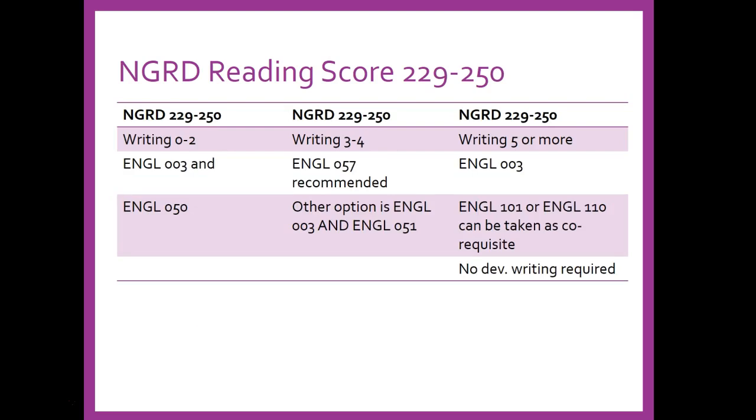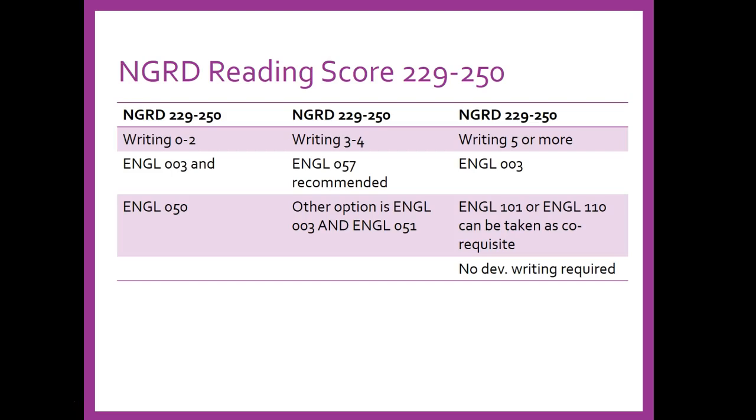In the mid-range, those are the scores that get a student between 229 and 250 on the Next Generation reading, places them in English 003. So if they have the lowest writing score, it's 003 and 050. If they have the medium, the writing score of 3 and 4, and the 229 to 250, the English department recommends English 057. Another option, if a student doesn't want to take 057, is to take the 003 and 051